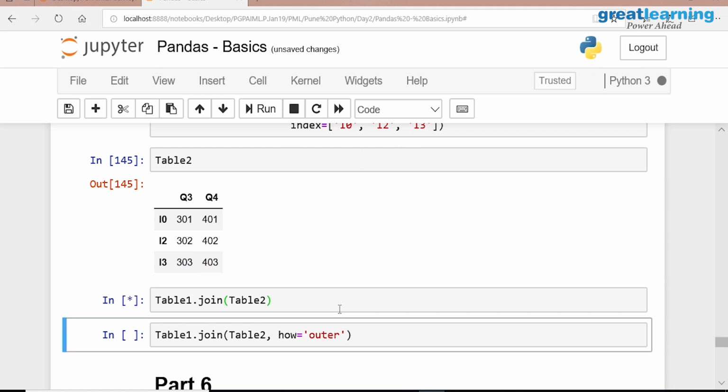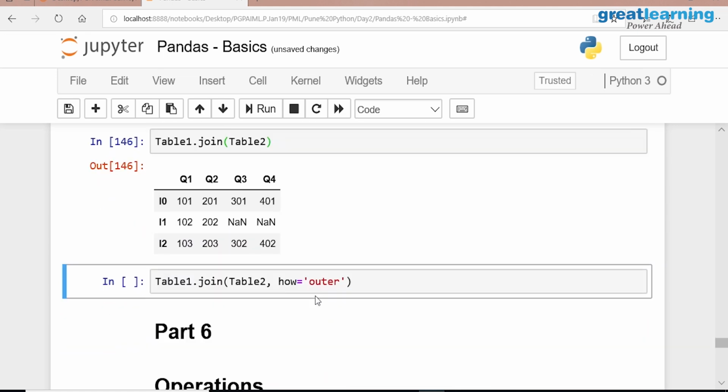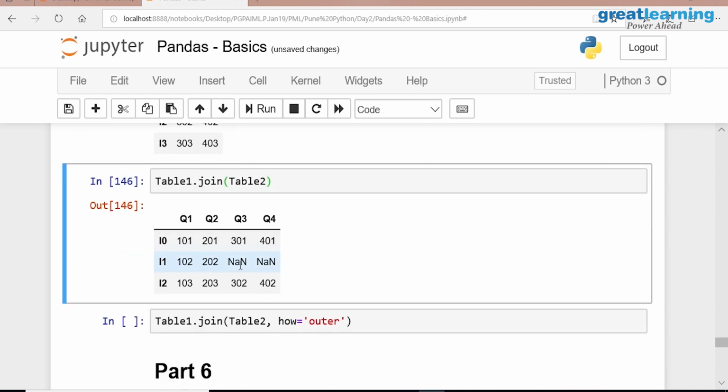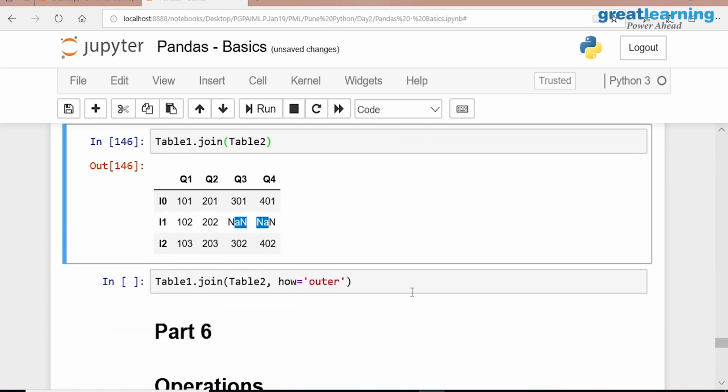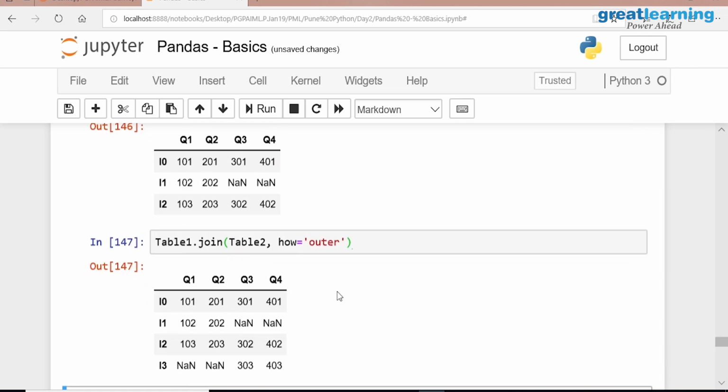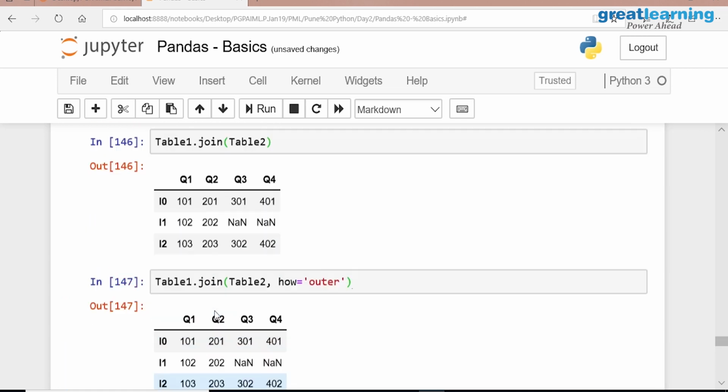So table 1 dot join. This is a pure inner join, correct? Sorry, it's inner join. Now if you want outer join, you can do this also, so that you will get all the other records which are not matching. By default it is doing the left join here.